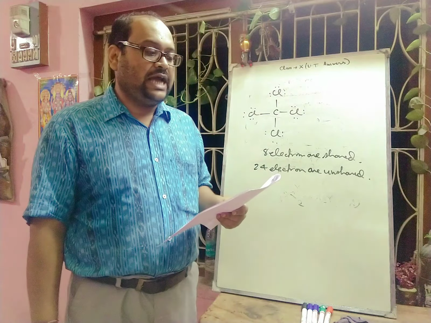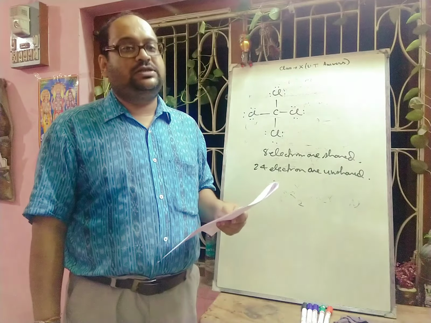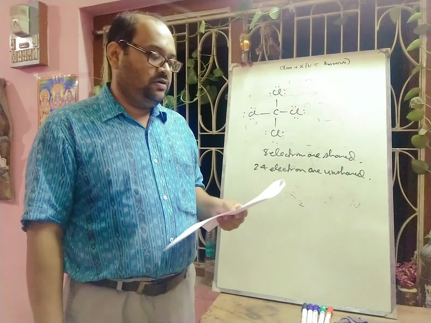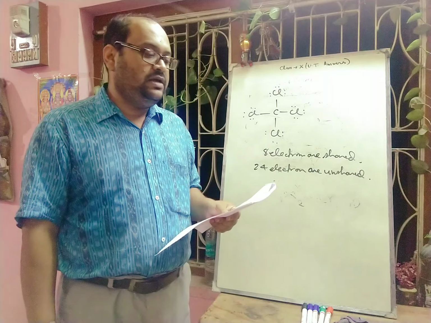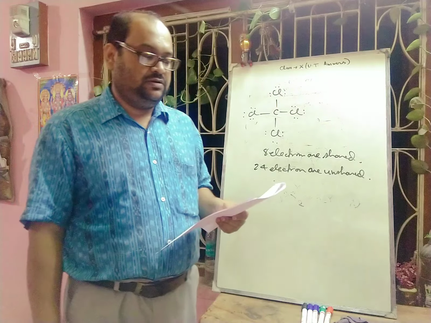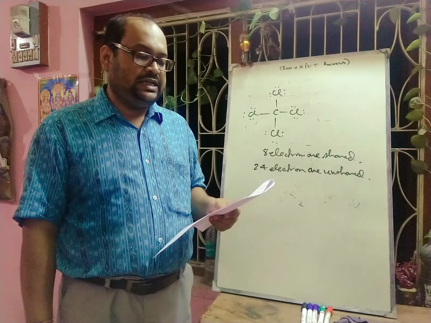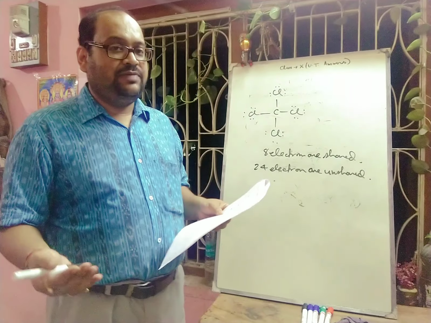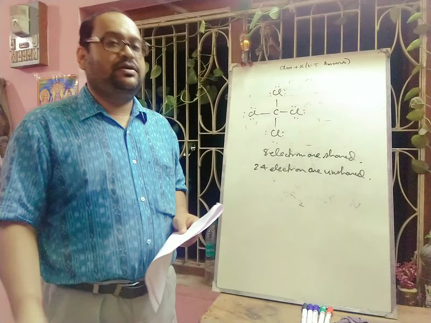Next is, state the type of bonding in ammonium chloride compound. You know that in case of ammonium chloride, all 3 types of bonds are present, that is ionic bond, covalent bond, as well as coordinate bond. How do you increase the pH value of an acid solution? If we add base, definitely we can increase the pH of an acid solution. Next question is given: which compound is generally used as antacid tablets to get rid of acidity problem in the stomach? Generally a base or alkali type of compound. Generally we use magnesium hydroxide or aluminum hydroxide to get rid of acidity, and we use these compounds as antacids.